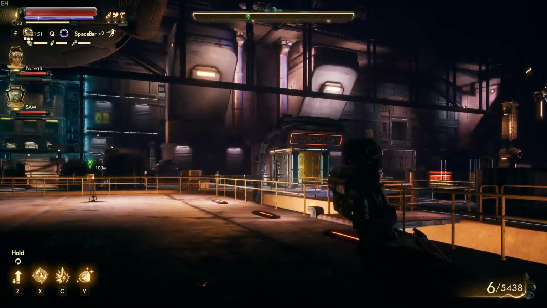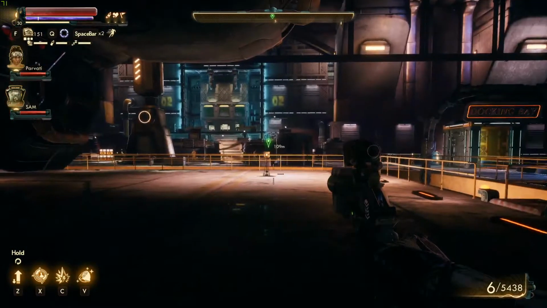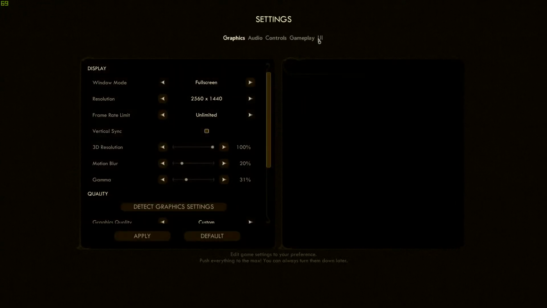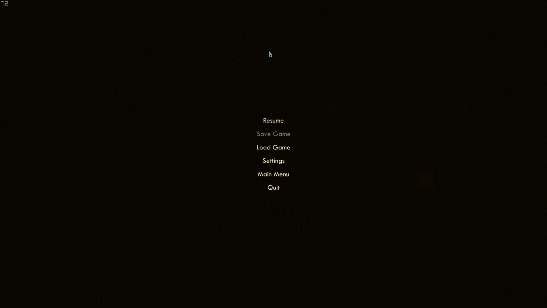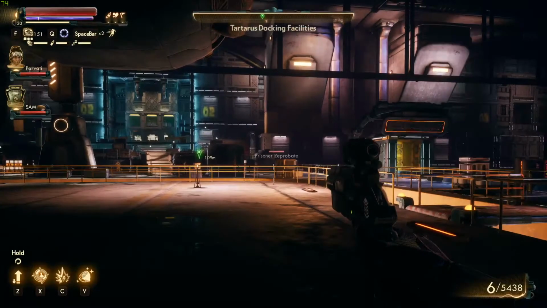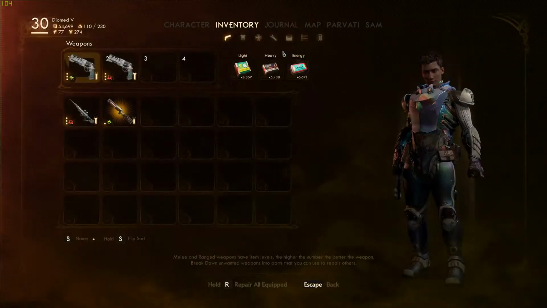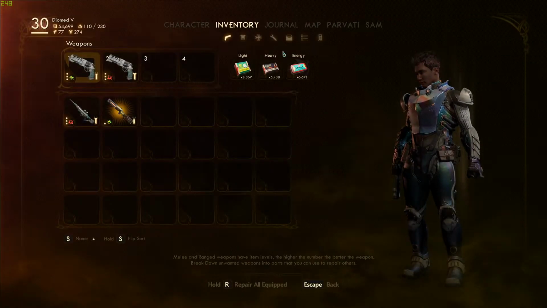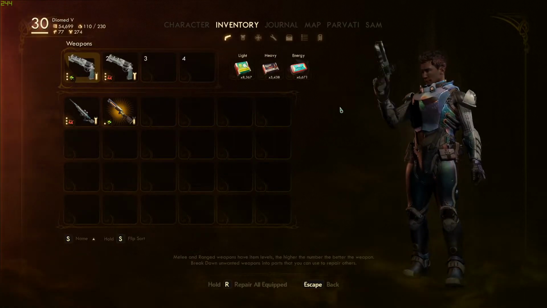I'm gonna do a build video this time. As you can see, level 30, and we are on Supernova as usual. Okay, and this is a gunslinger, so a pistol build. This is my take on the gunslinger, and as such, if you've watched any of my videos, you know